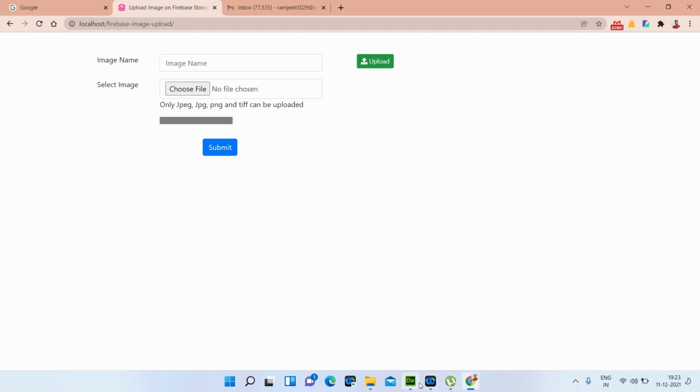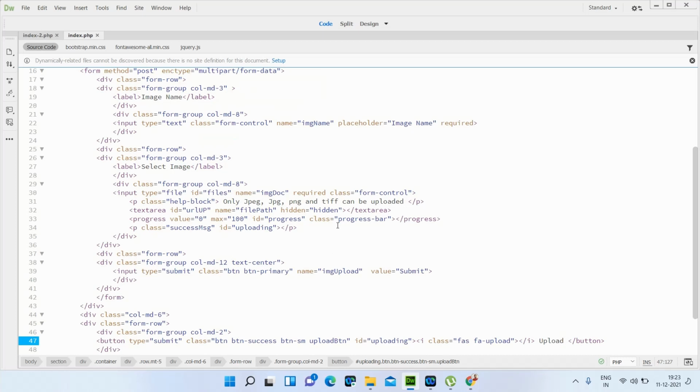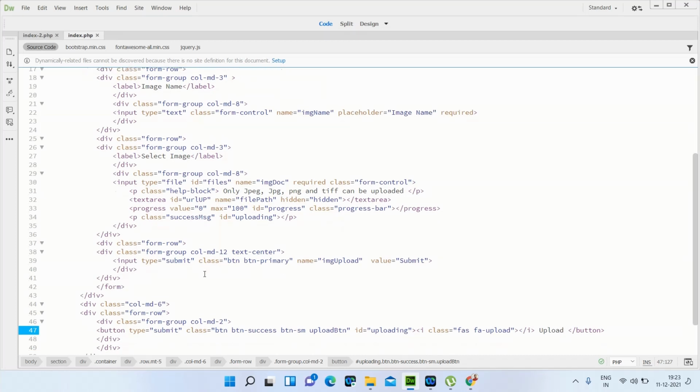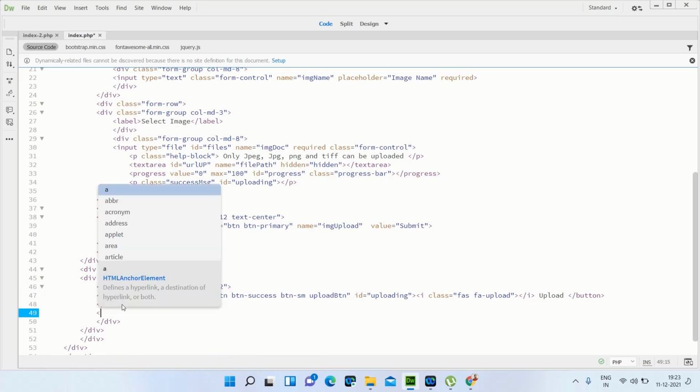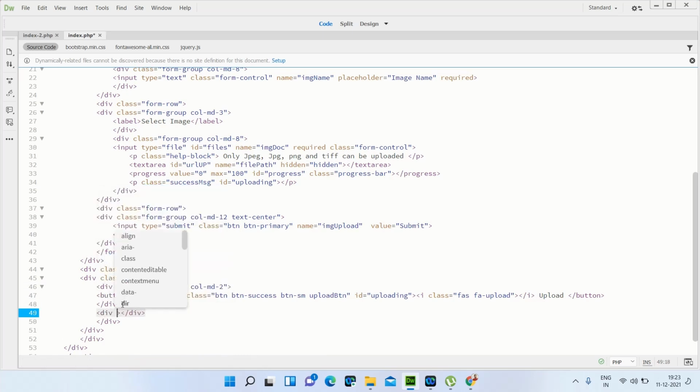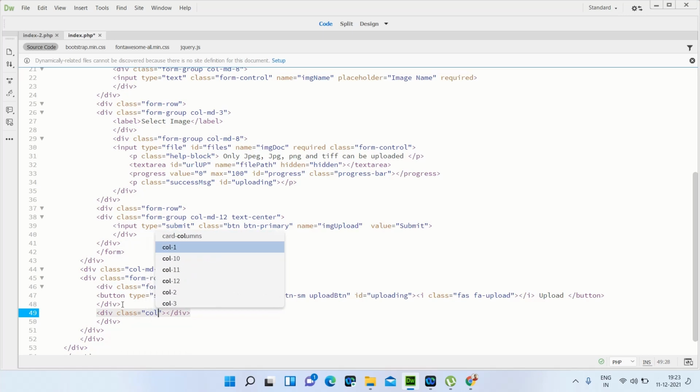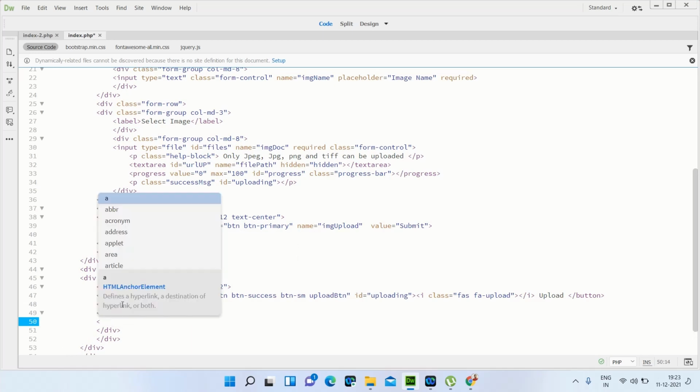So after that we need to create one more div. After this div we need to create one more div, with the class col-md-8, and in this div provide some instruction to the user.